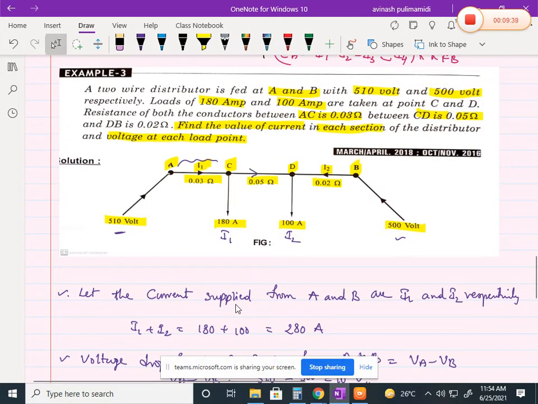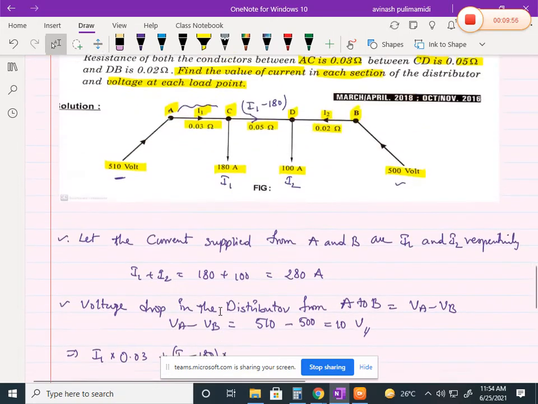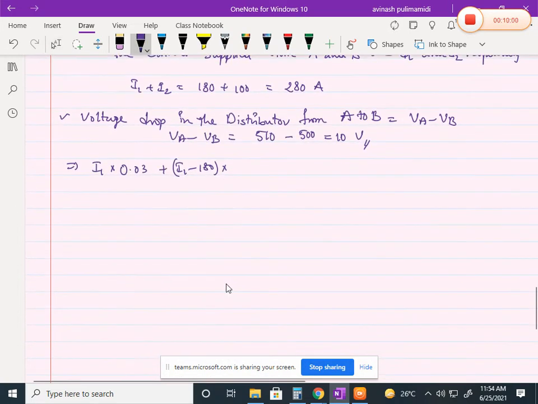What is the current flowing here? Incoming is I1 and leaving is 180. So I1 minus 180 is the current flowing in section CD. I1 minus 180 into, what is that section CD resistance? 0.05, plus